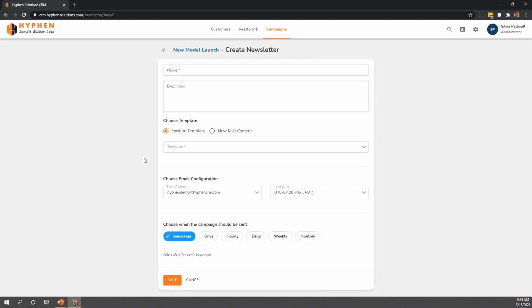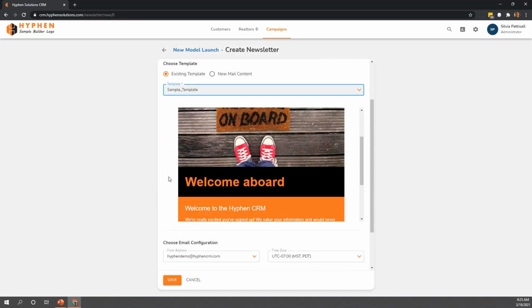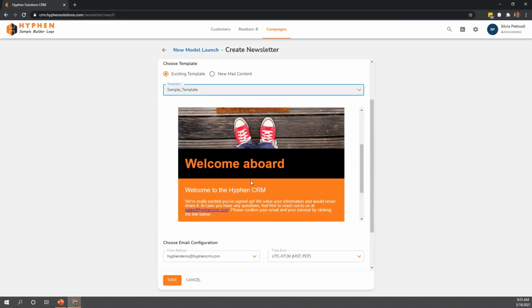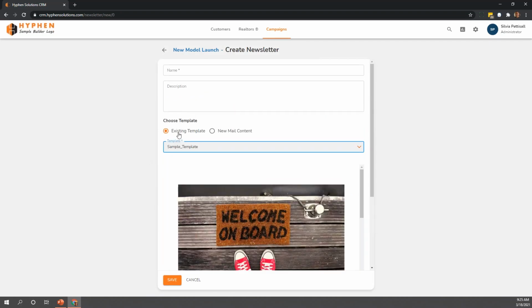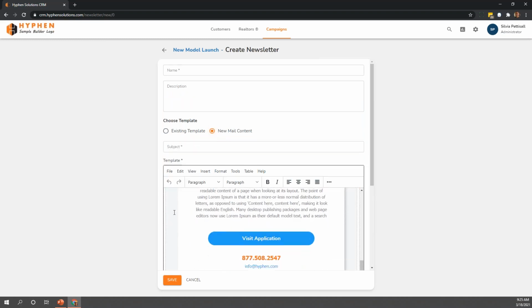The description is internal only so that other users of the system can see what its purpose is, in case you have different people creating different newsletters. I can use a template from my existing templates. So again, full HTML emails, like we saw earlier. Or I can create a new one on the fly, and we just start you off with a little